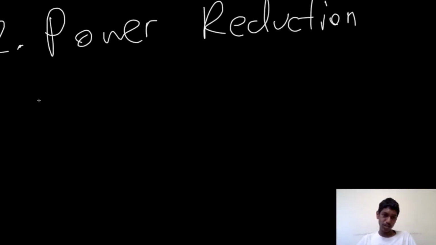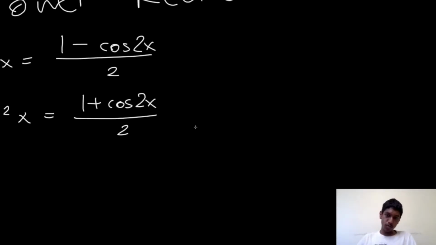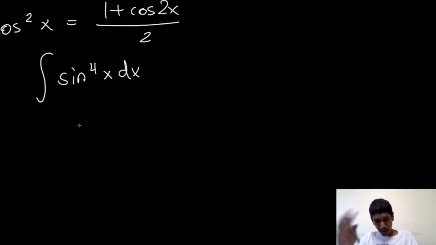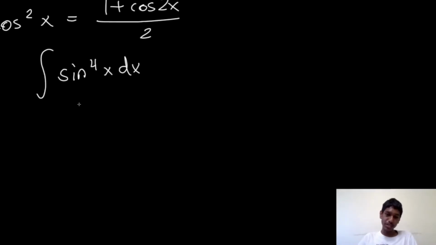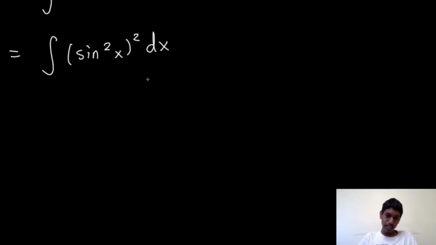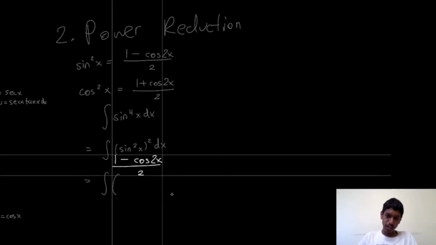So there are basically just two formulas we use here. We use sine squared x equals 1 minus cosine 2x over 2, or we use cosine squared x, that's 1 plus cosine 2x over 2. So we can retry the integral of sine to the fourth x dx with this in mind. Basically we just keep applying the power reduction formula until we get something that we can deal with. So I see a sine squared here, so let's rewrite it in this slightly weird but useful way. And then instead of sine squared, we're just going to copy that,